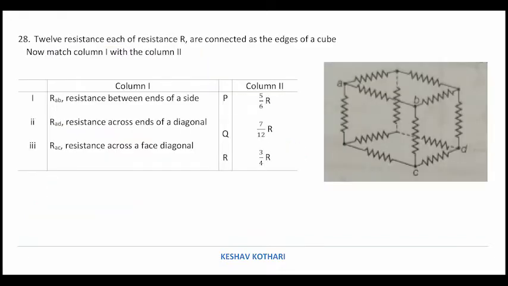Let us deal with the next problem. In this case it is a cube problem. It is famously called a cube problem. In this particular case we will be calculating effective resistance across the different faces of the cube. Without looking much into what this particular question is asking, let me teach you every basic aspect of this thing. So let us begin by drawing the cube.